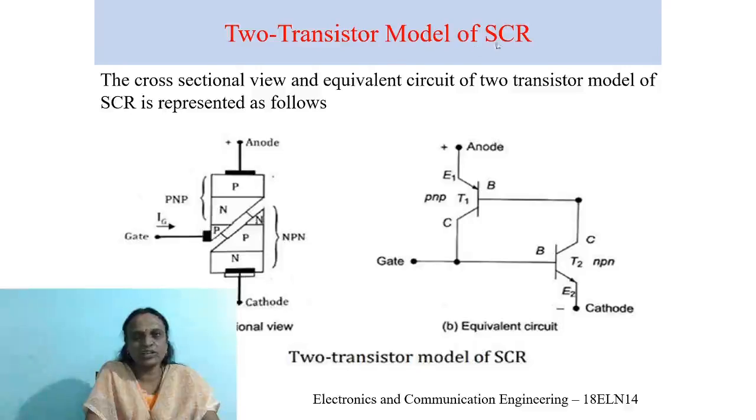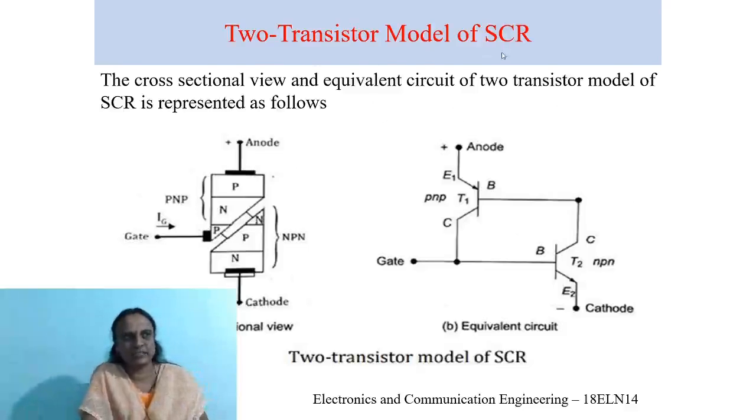Two transistor model of an SCR can be obtained. So this four layer structure, namely PNPN, is analyzed as